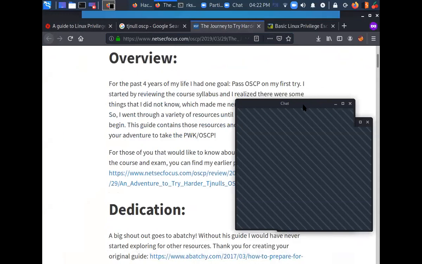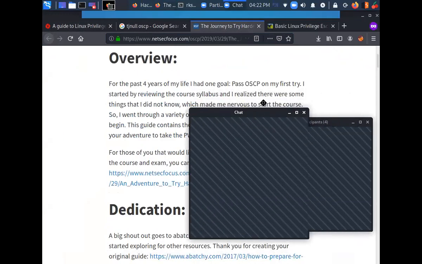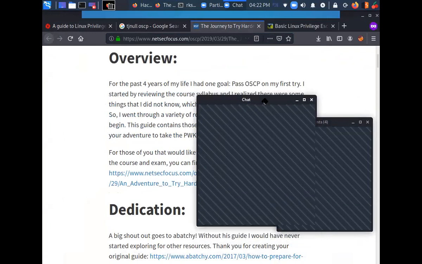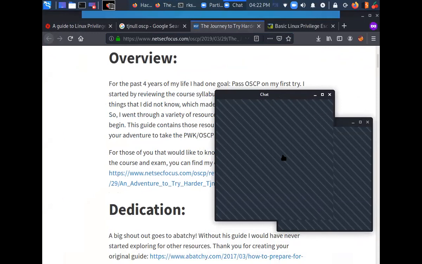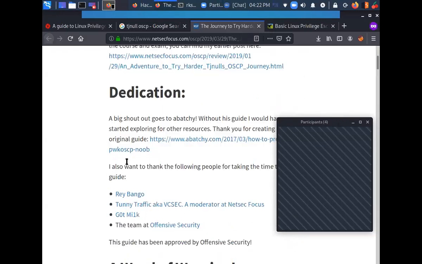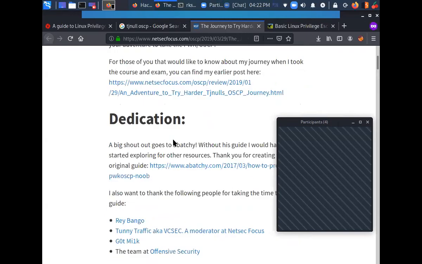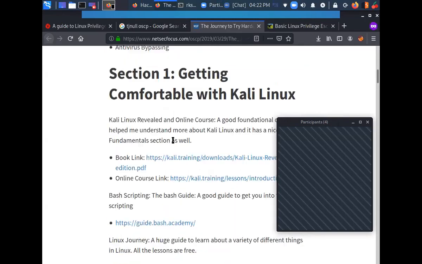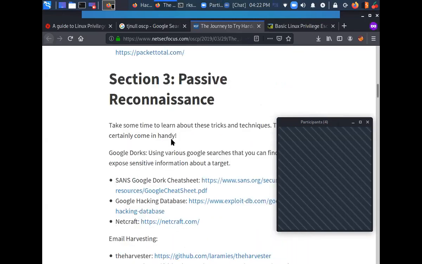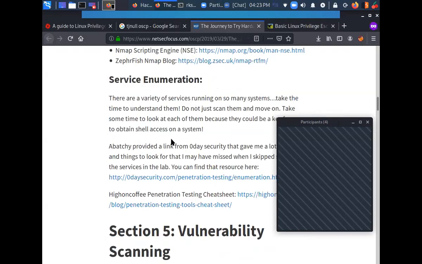Although this is not an OSCP training, this is for penetration testing, or ECSA training, still what we are going to try to do here is cover stuff in a way that after completing this training, you can opt for the OSCP as well. That is our end goal and our mindset here. A lot of resources are mentioned in this guide, you can see a lot of resources are here.